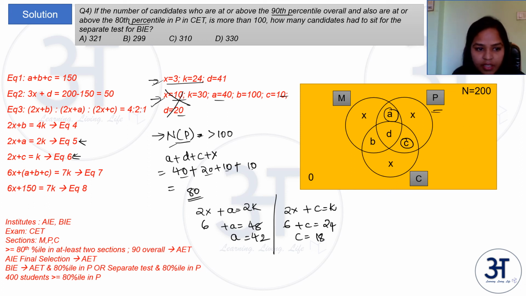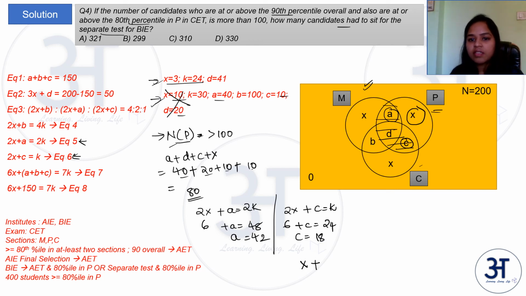Now what is he asking? The number of how many candidates had to sit for the separate test for BIE. So which candidates will be sitting for separate test for BIE? So far as this set is concerned, these are the students who will be writing AET. So for those candidates who are writing AET, this separate test will not be conducted. So far as this set is concerned, X will be the number of candidates who will be sitting for the